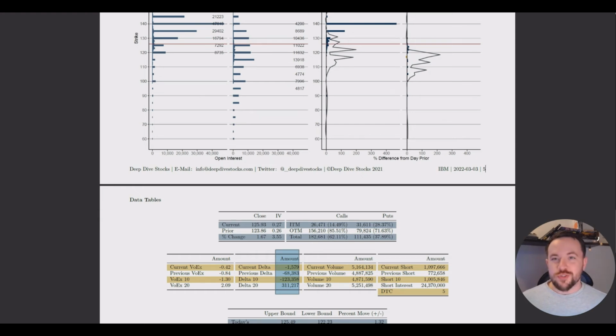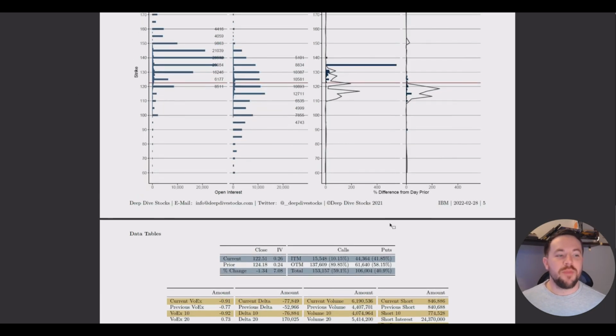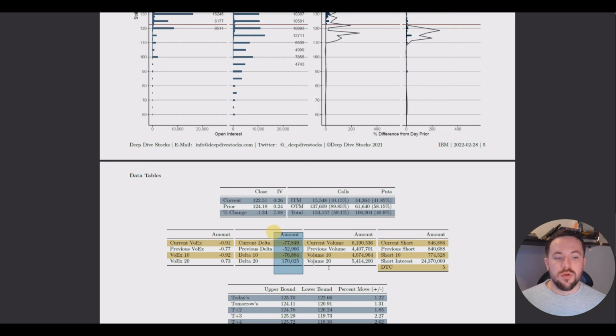But what's even more interesting is if we go back even further, I was just looking at IBM, looking at the data. If we go back to the 28th of February, near 140, another large chunk of calls were opened up. Actually more than 400%, right? Almost probably 500. This time though, it dropped the delta. So if it drops the delta, that means there's more short delta. Well, what type of call gives the options dealer short delta? Well, that would be a short call.